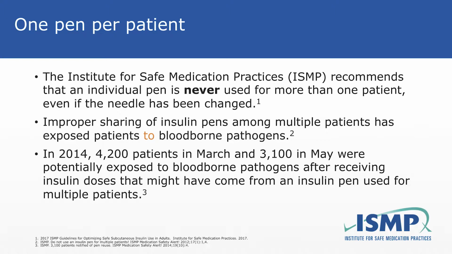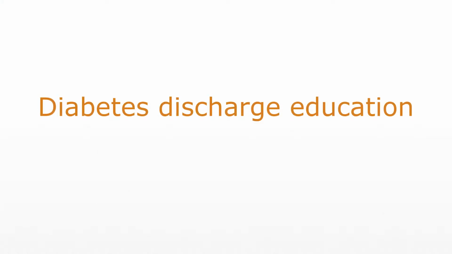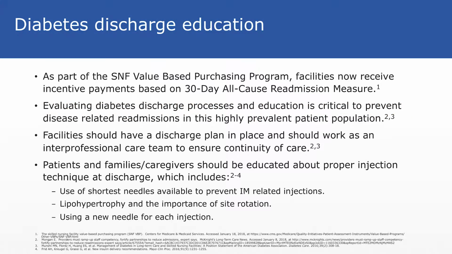multiple patients. Heightened attention has been focused on improving 30-day readmission rates, so diabetes discharge education has become critical in ensuring patients are aware of the fundamentals of diabetes self-care and insulin administration. As part of the Skilled Nursing Facility Value-Based Purchasing Program, facilities now receive incentive payments based on a 30-day all-cause readmission measure. Evaluating diabetes discharge processes and patient education is critical to prevent diabetes-related readmissions in this highly prevalent patient